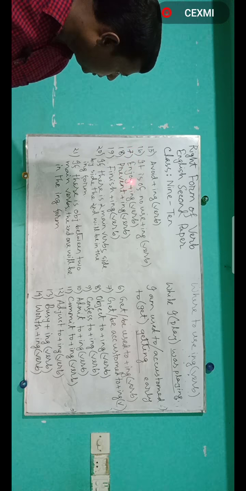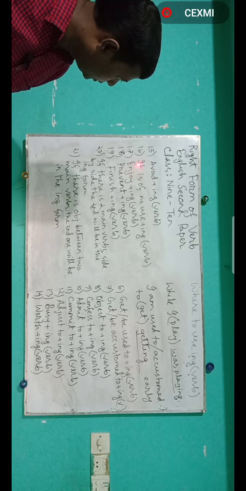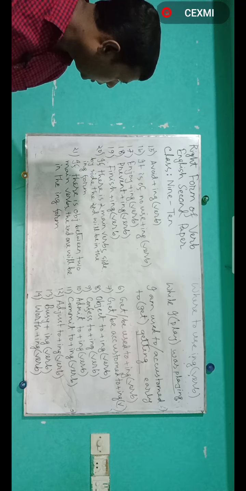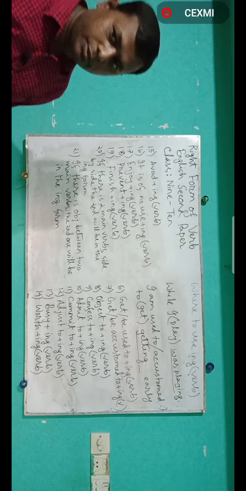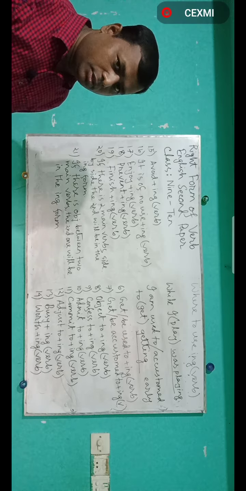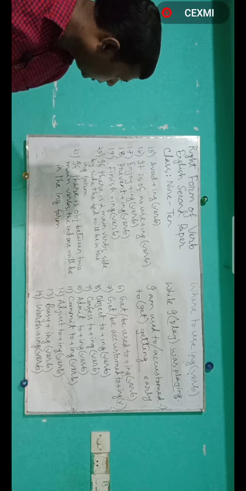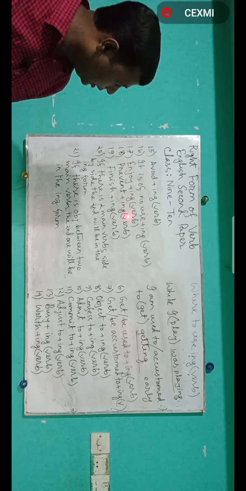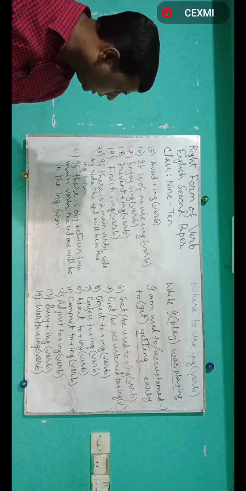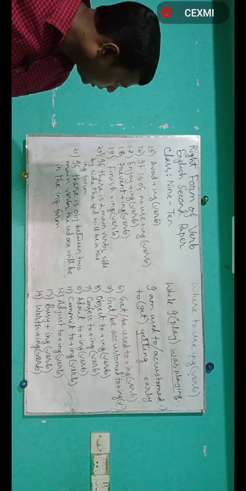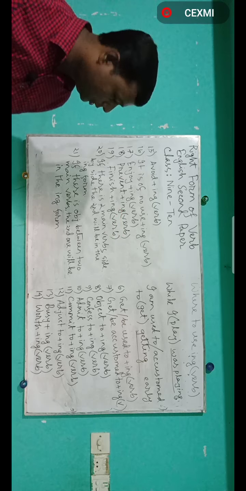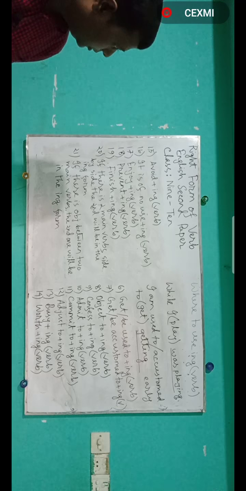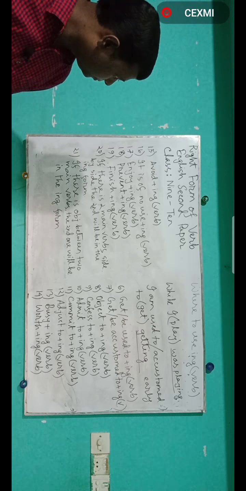Then number 17. Here enjoy. It is also a verb. After this verb, ing form of verb is used, or gerund is used. Here infinitive should not be used. I enjoy playing football, or I enjoy eating, or I enjoy walking in the morning. Then come to the next one. He prevented me from going there.